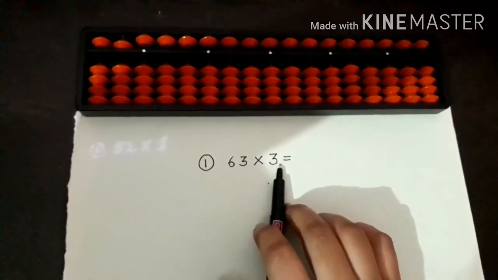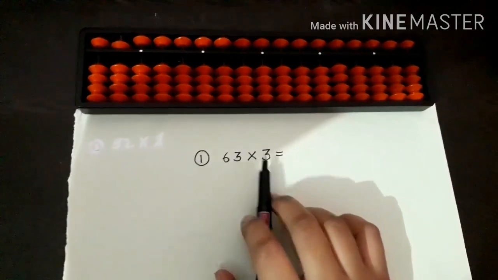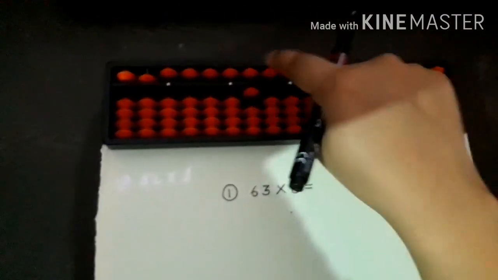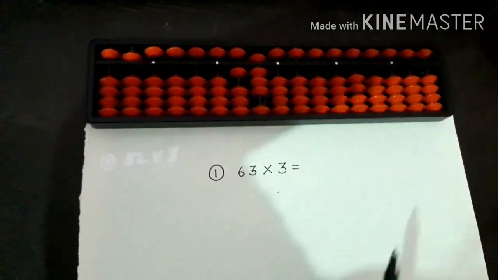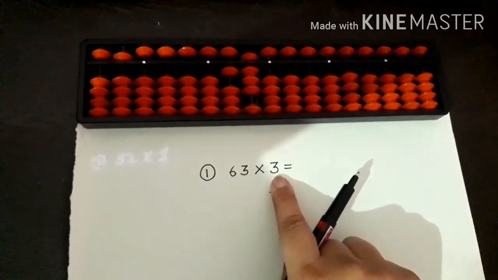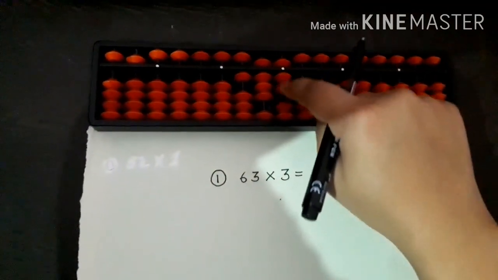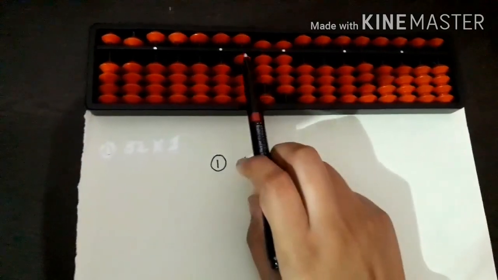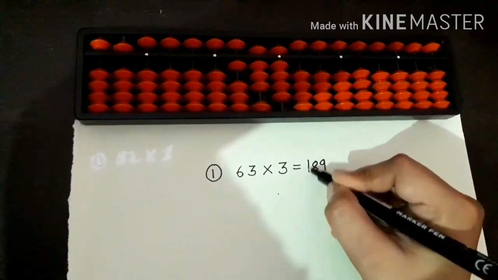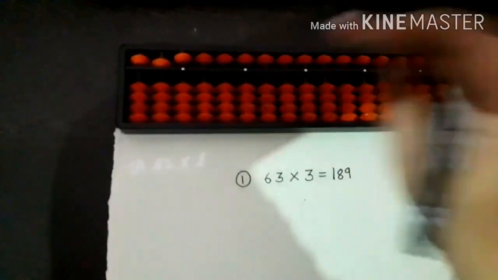As you can say, 6 3s are 18. 18 is a double digit number, so you don't have to use the 0 rule. For 18, you have to put 1 in the hundreds rod and 8 in the tens rod. Then multiply the next number with 3. 3 3s are 9. 9 in the units rod: 5, 6, 7, 8, 9. So what is the answer? 100, 80, 9, 189. See, without doing any calculations, you have done this question. We will take one more question.